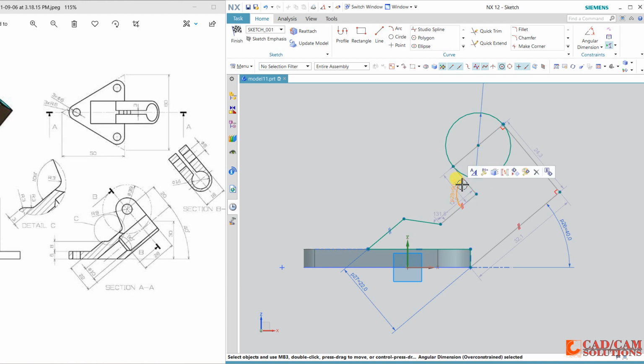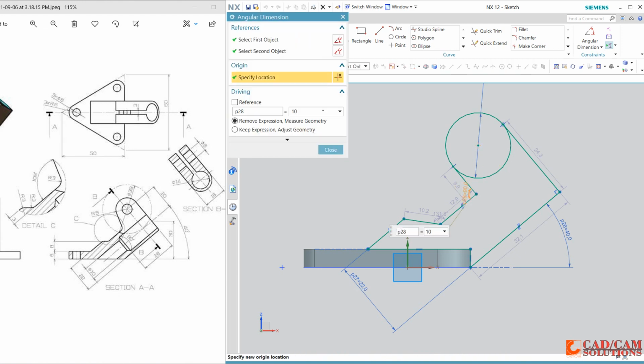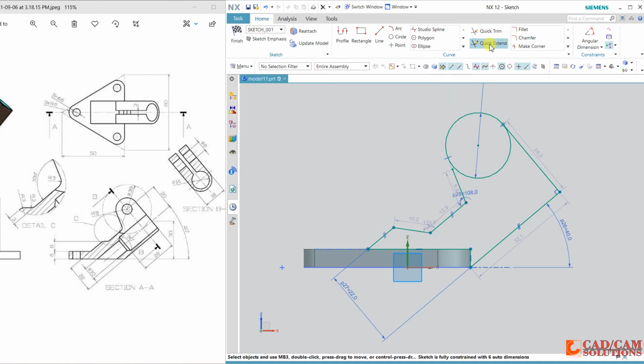Delete this constraint, and this is parallel, delete this line. Now define this angle 108. Extend it.